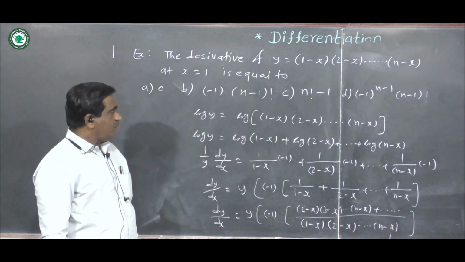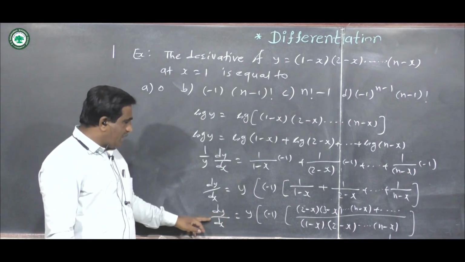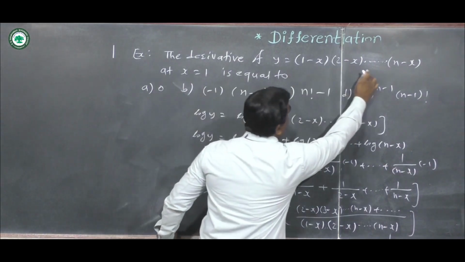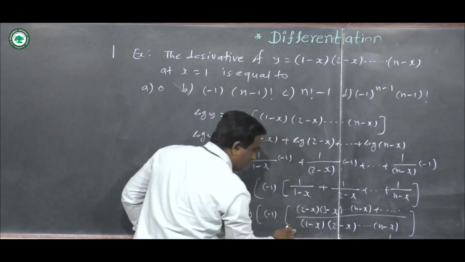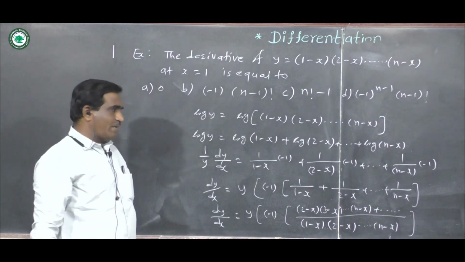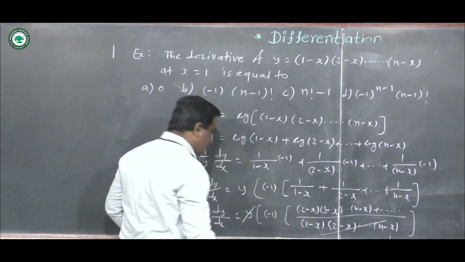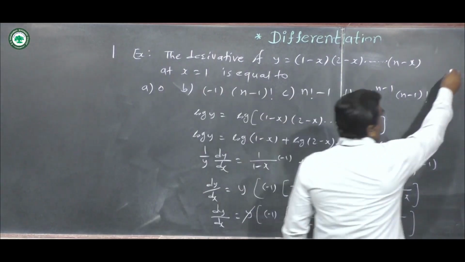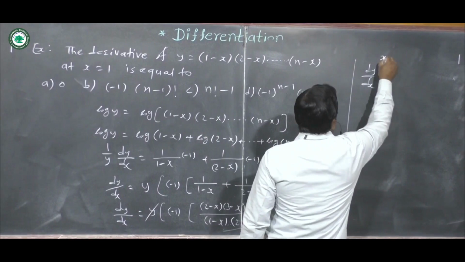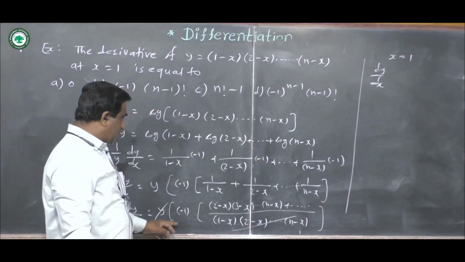Now if we put x is equal to 1 in this equation, then we can write dy by dx. Here this y means given example 1 minus x, 2 minus x, so on, n minus x. Here at the denominator also 1 minus x, 2 minus x, so on, n minus x. This term cancels out. And if we put x is equal to 1, that is dy by dx at x is equal to 1, then we can write